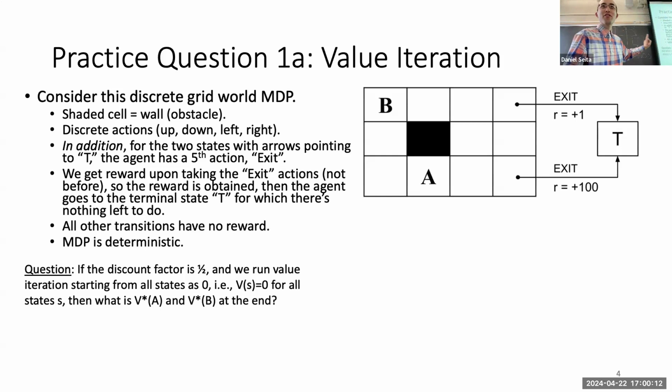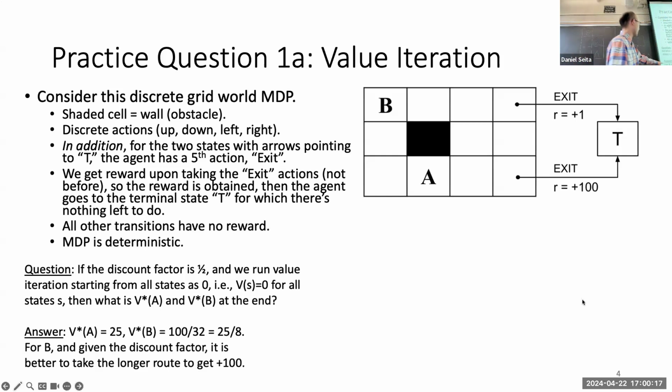So let's go over this. B star A is 25. That's good. B star B is 25 over 8, so 100 over 32. So let's go through it. The way to think about this is